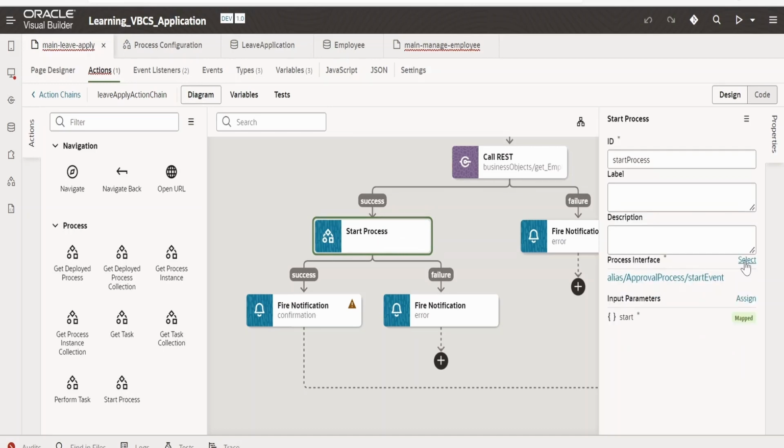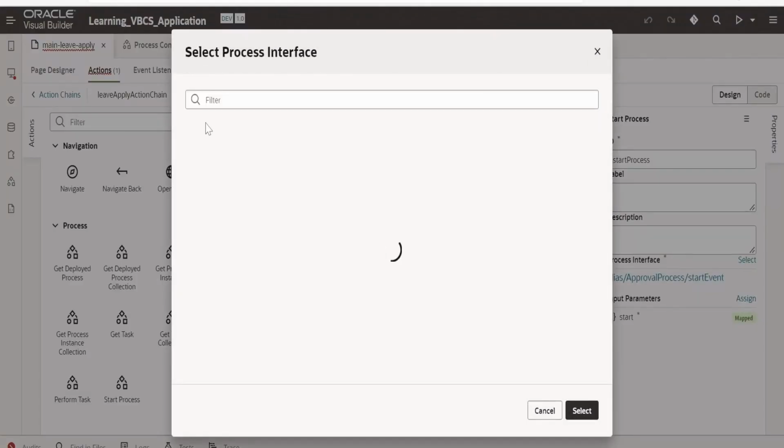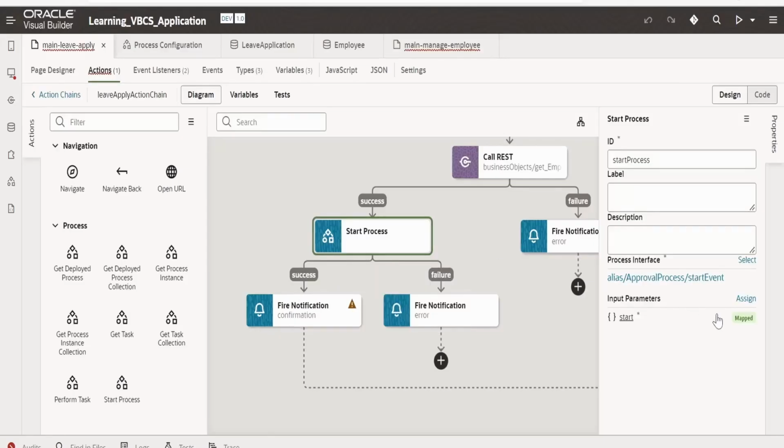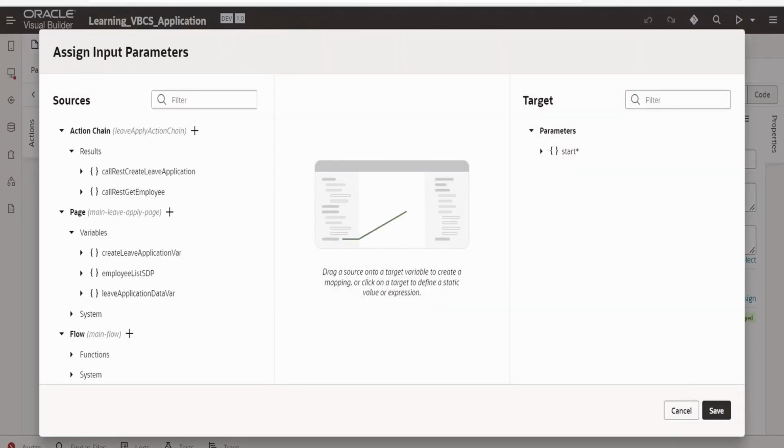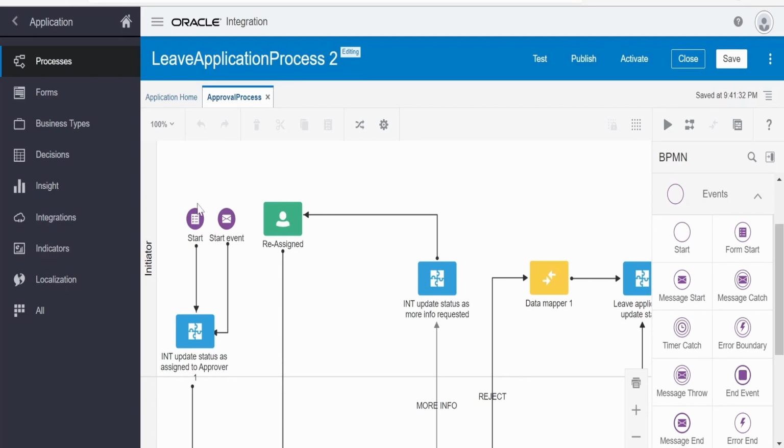and select the interface. I am clicking on this select. Expand this process alias and select the start event. Next thing is we need to map the details. Like in our previous class, we had seen what all details are required. We need to pass them over here. If I show you with the form,